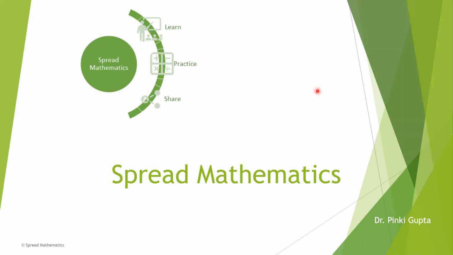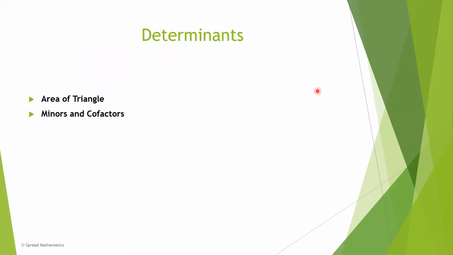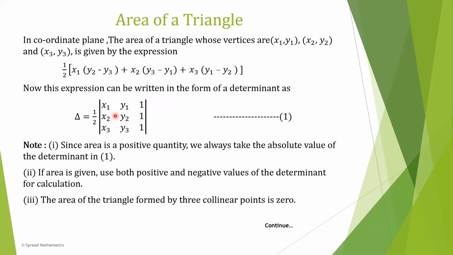Myself, Dr. Pinky Gupta. Today we are going to discuss area of a triangle with the help of determinants, minors and cofactors of determinants. So let's start with the area of a triangle. In the coordinate plane, the area of a triangle whose vertices are (x1, y1), (x2, y2) and (x3, y3) is given by this expression. Now, this expression can be written in the form of a determinant as delta equal to